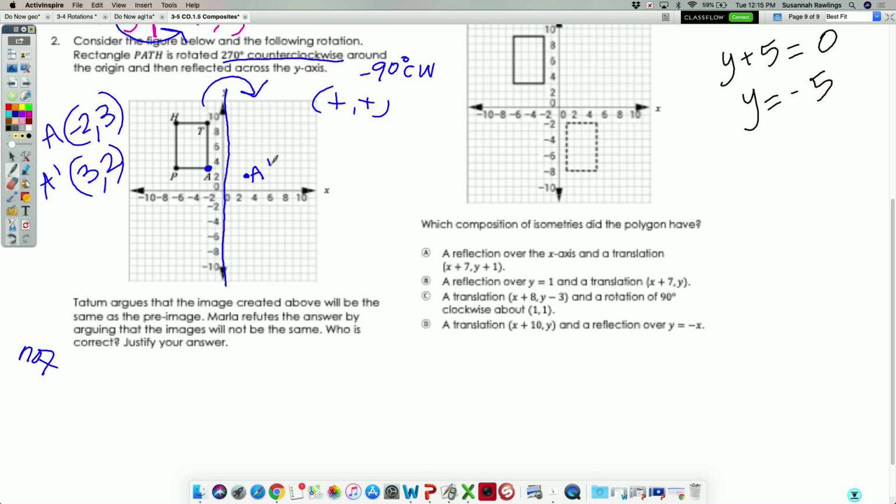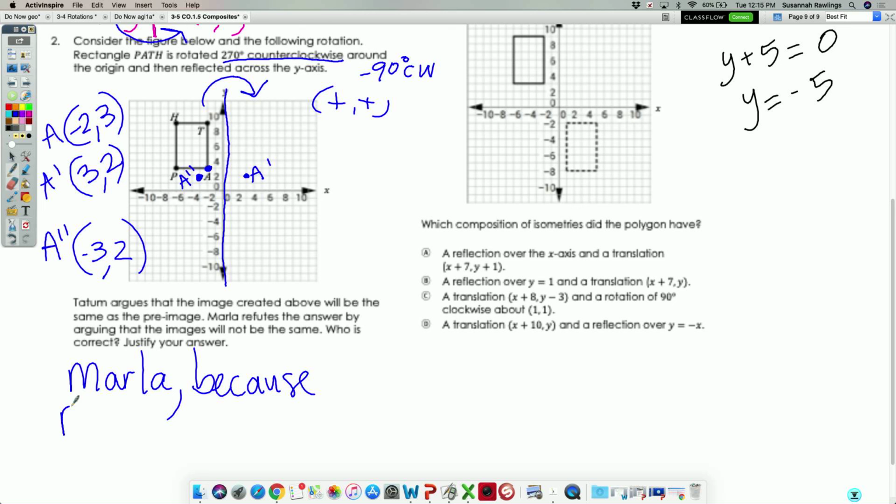So what am I going to change here? When I reflect across y, I change the x. So -3, 2, -1, 2, 3, +2. Did those line up? No. So we know that they did not line up, so who would we say had the correct answer here? Marla. So Marla was correct because